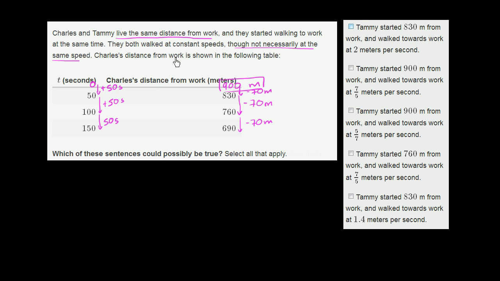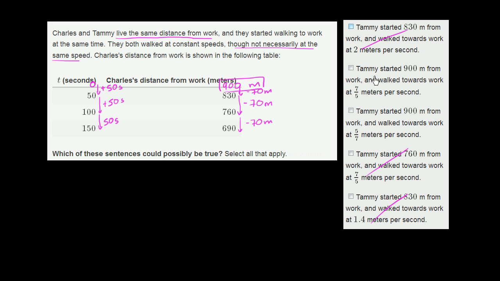Now, they tell us that they don't necessarily walk at the same speed. So we don't know what Tammy's speed is. This hasn't in any way constrained Tammy's speed. But we know that she started 900 meters away. So we know that this can't be the case. That says 830. We know that this can't be the case. We know that this can't be the case because they all talk about starting at a distance other than 900